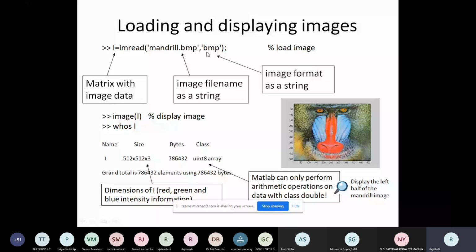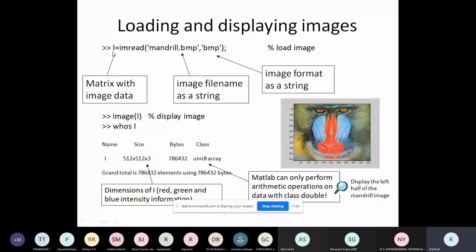When you type this, your image is completely read and stored in an array called I, which is two-dimensional. Now this I can be any type of image. Like I said in the first class, it could be a binary image, a grayscale image, or a color image also.